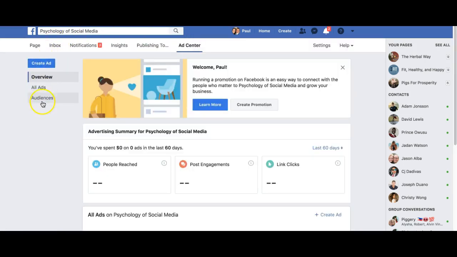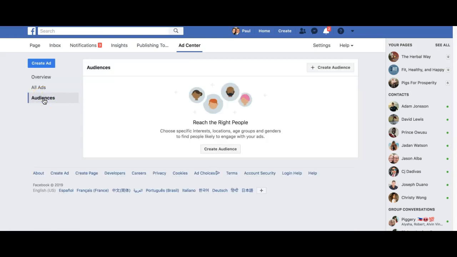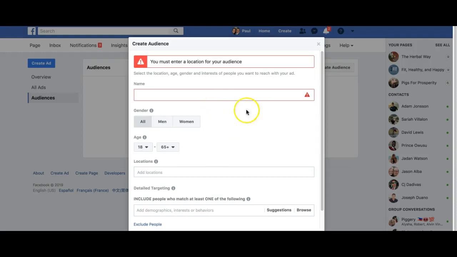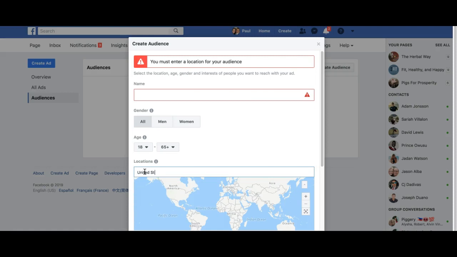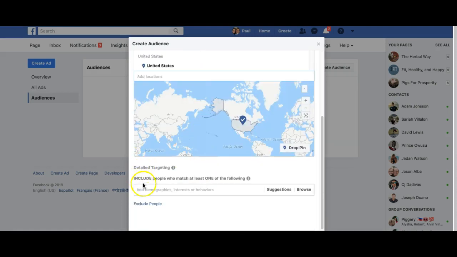And over here there are several options, but we want to click on Audiences. And this leads us to a page where I can create a targeted audience for us to use in the future. So clicking on Create an Audience, we're taken to this page. Now, I like to wait to name my audience until I am done with this exercise because I use the title to help me quickly identify exactly who I'm targeting. So here we can see we can choose either both genders or select one or the other. We can do the age, the location, let's put in United States, and then if we scroll down we have